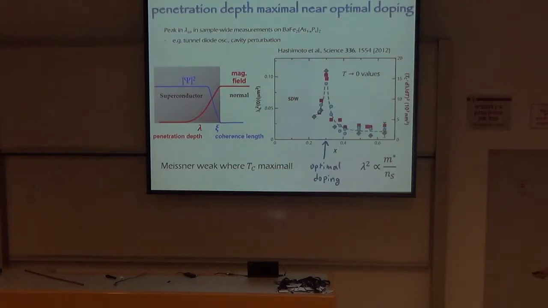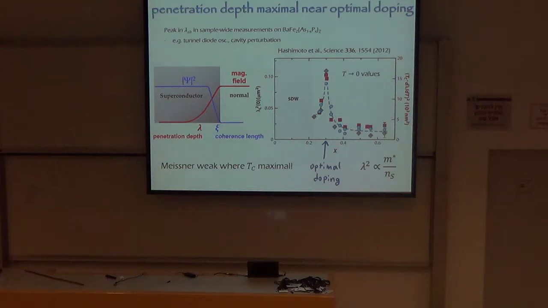So the work started when I attended a conference and saw Matsuda give a talk in which he showed this plot of the penetration depth in one of the pnictides, the same pnictide that James spoke about before, as a function of doping. And you can see there are actually two striking features in this plot. One of them is that when you reach really low dopings, when there is no superconductivity, it looks like the penetration depth has a finite value. That's really strange. The other one is this really sharp peak, which is even stranger, because it tells you that in some sense,